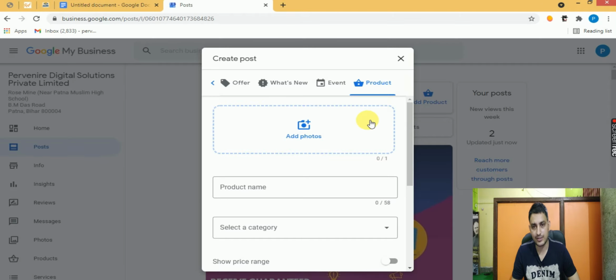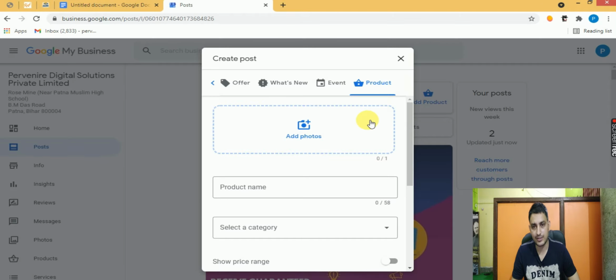These are optional. This is the post tab which can be used to optimize our Google My Business, and most people just ignore this. So guys, if you want to optimize your Google My Business, then please take leverage of this and do posting on a regular basis.